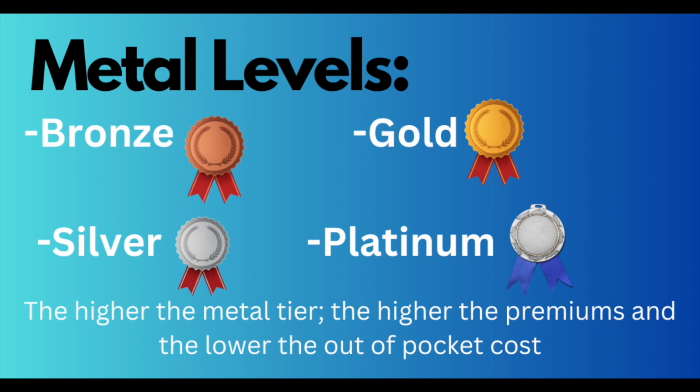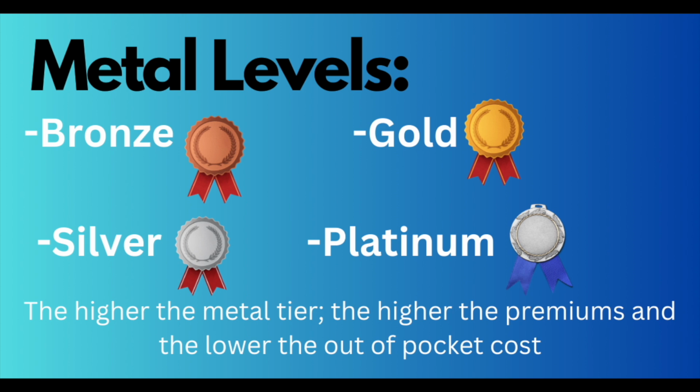If you choose a bronze plan, this would be perfect for someone that's not going to use the plan that often, because your max out of pocket is going to be the highest, okay? You also have the next level, which is silver. This is for someone that's going to use the plan more often. And like I said, if you have a subsidy, I recommend the silver plan because you're going to get more credit, okay? The next level would be gold.